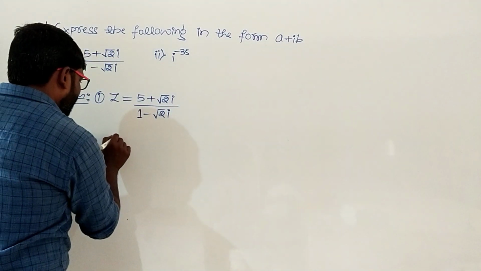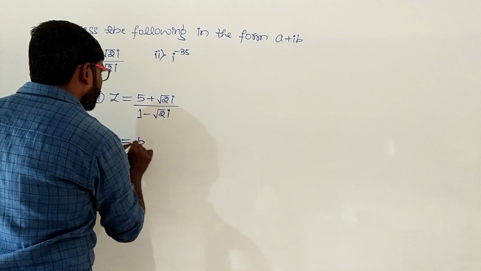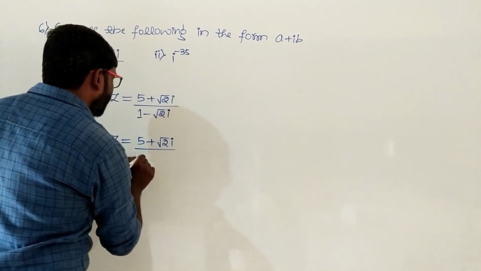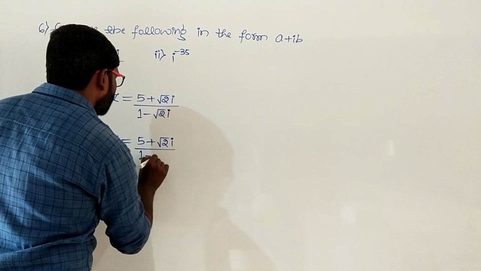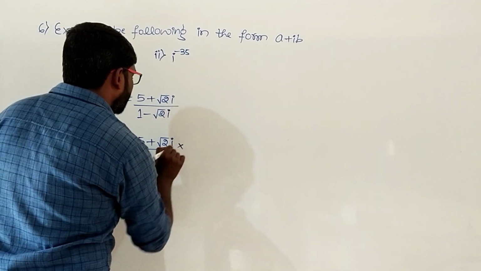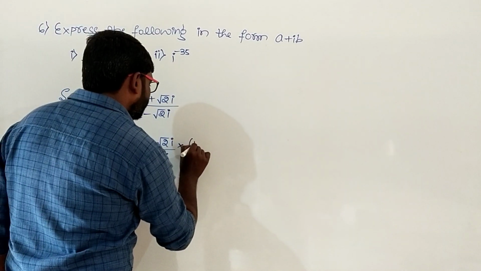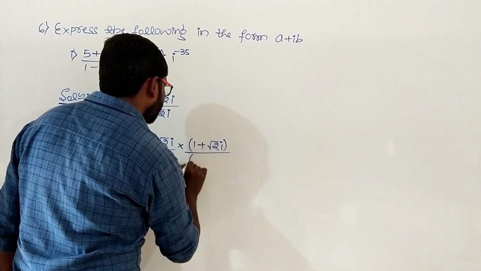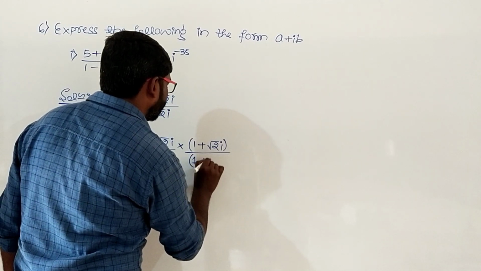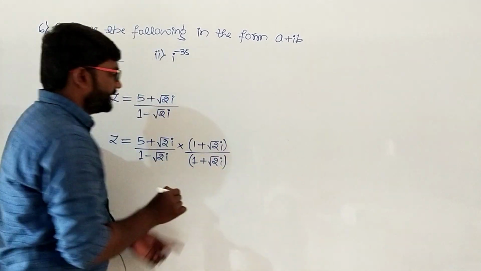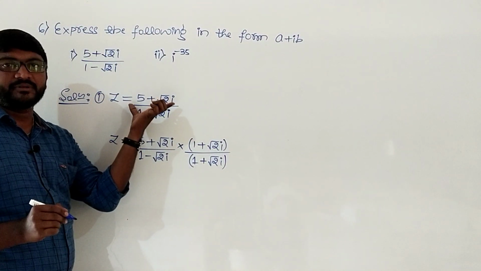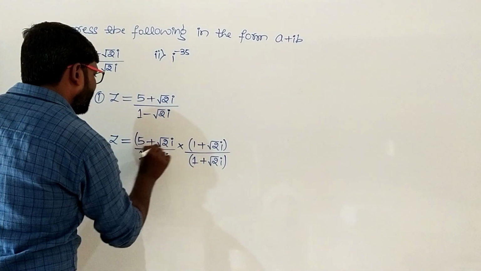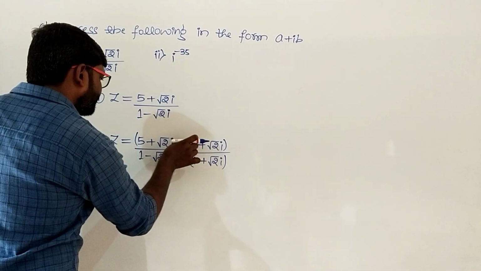So here z is equal to 5 plus root 2i divided by 1 minus root 2i. Now multiply and divide by 1 plus root 2i divided by 1 plus root 2i. ಆದರೆ ಇವೆರಡು ಟರ್ಮ್ ಕ್ಯಾನ್ಸಲ್ ಆದ್ರೆ ವಾಪಸ್ ಇದೇ ಟರ್ಮೇ ಬರ್ತದೆ ನಿಮಗೆ. ನಾವು ಮಲ್ಟಿಪ್ಲೈ ದ ನ್ಯೂಮರೇಟರ್ಸ್ ಆ್ಯಂಡ್ ದ ಡಿನಾಮಿನೇಟರ್ಸ್. We need to multiply the numerator.